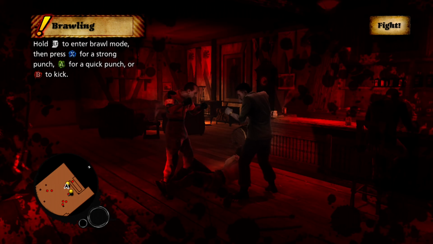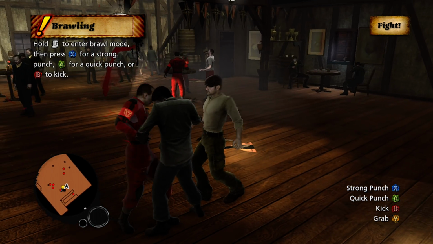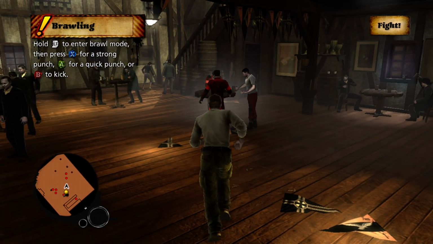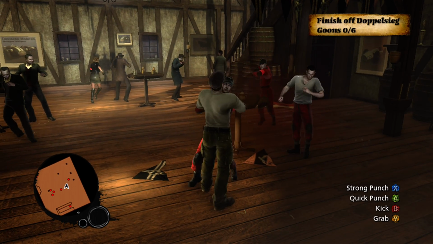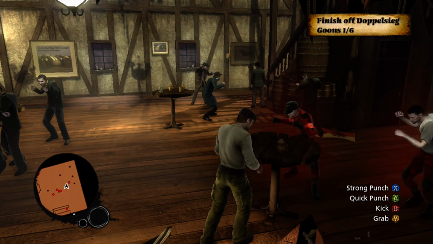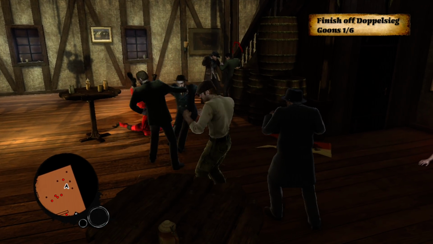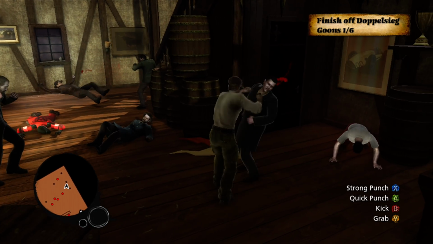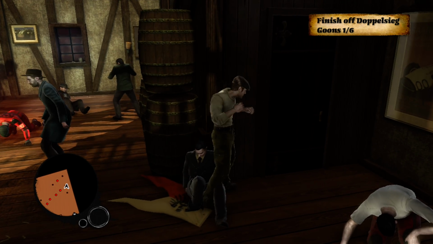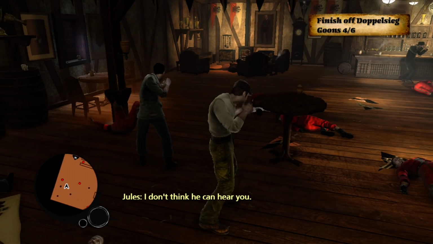Oh, crap! Okay, so this is a little bit harder than I remember. Just gonna go for a couple of punches here. Let's grab one of these guys. Could I just grab you a second even though you weren't fighting? That's it, grab him and then punch him in the face. I love the combat, it's so stupid. I don't even know who this guy is. It's just some random guy. I don't think he can...